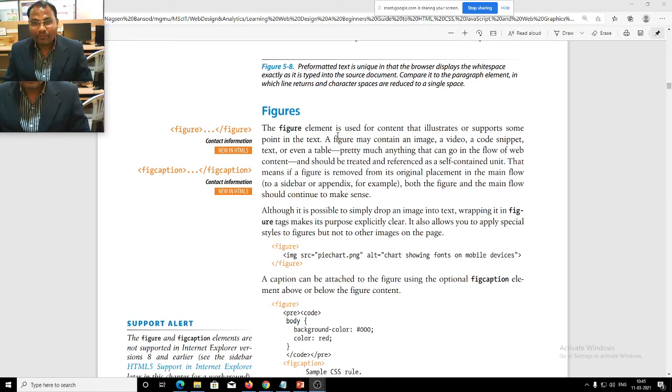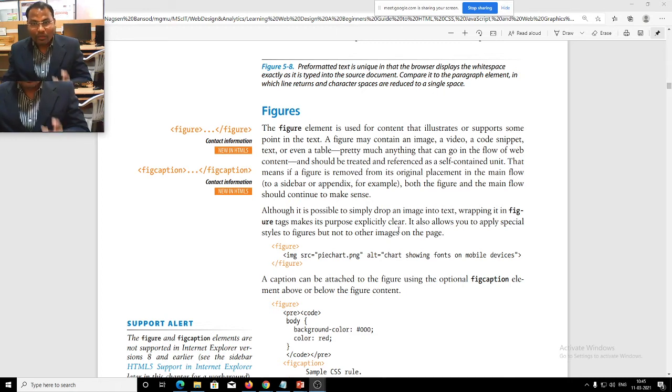The figure element is used for content that illustrates or supports some point in the text. Suppose we want to illustrate some point in the text, then we have to use the figure tag. A figure may contain an image, a video, a code snippet, text, or even a table.